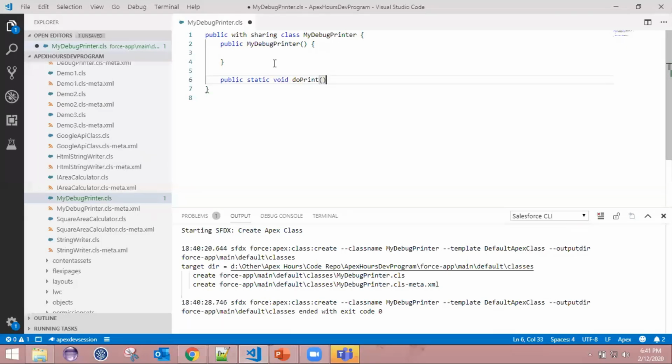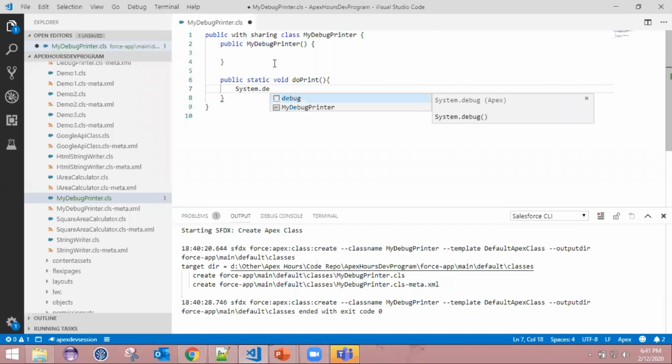This is the similar method which we had created over there. System.debug. Okay, so it autocompletes the code for me. So this is the beauty of the IDE. Then simply I go ahead,